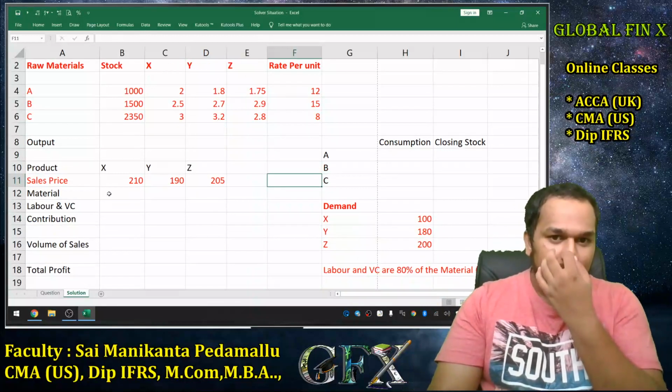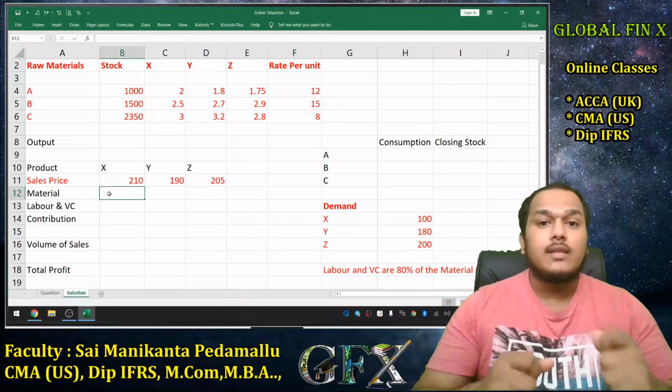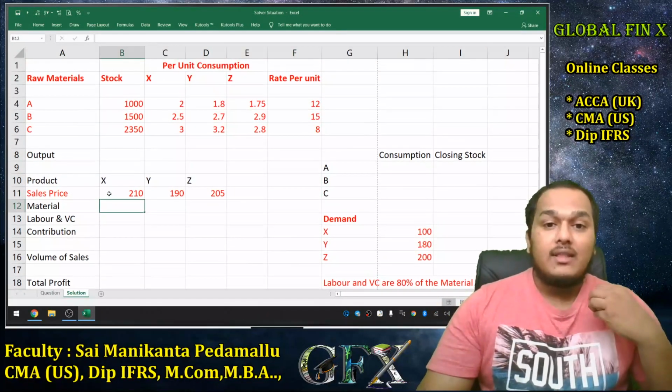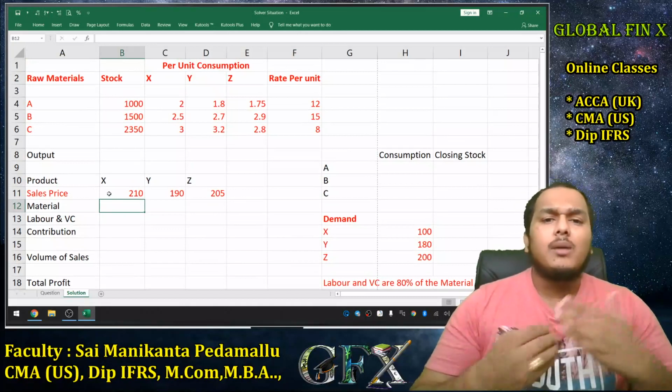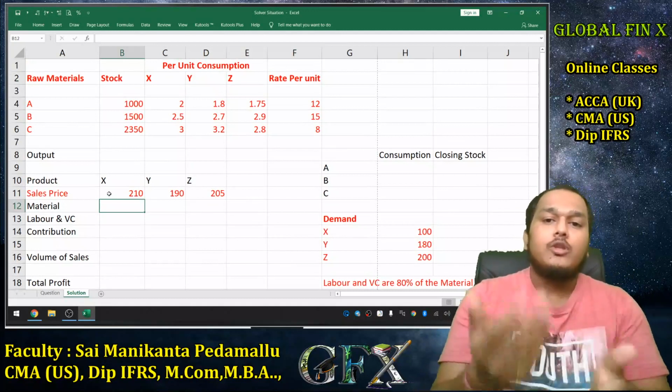So first, I'm assuming that you guys know what is absolute referencing, mixed referencing, and relative referencing in Excel. With that assumption, I'm going to solve this sum, because without understanding that, it would become a little bit tricky for you, because it will become more work. You need to do double, triple work.